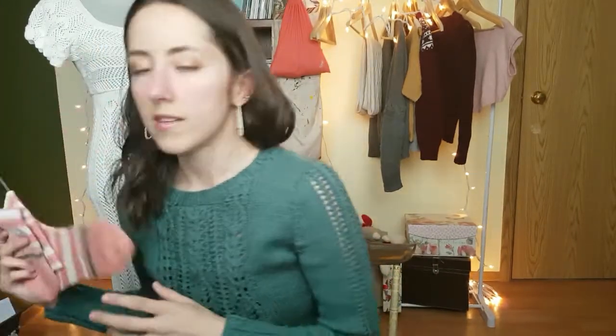I showed this on the last podcast. I had finished one sock and I was just finishing. I just needed to do the heel and leg of the second sock. And that is my Regia Pairfect yarn socks. It's just a vanilla sock,